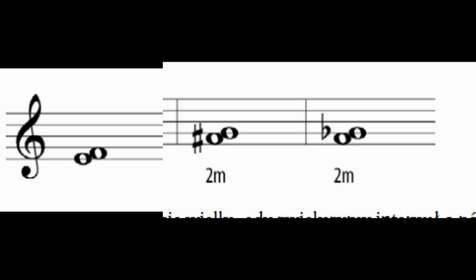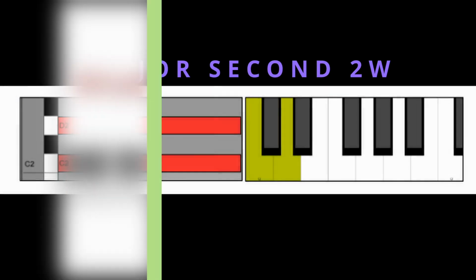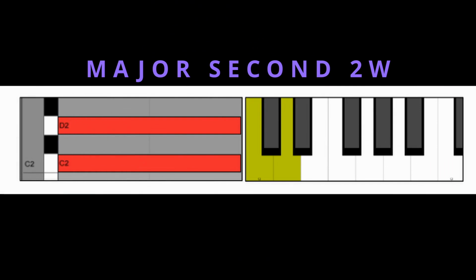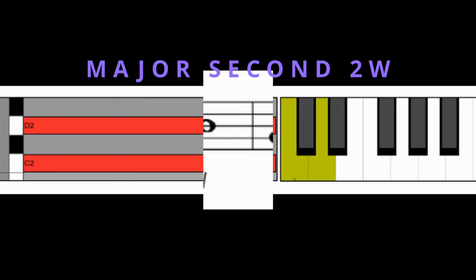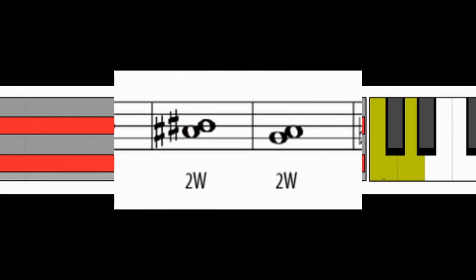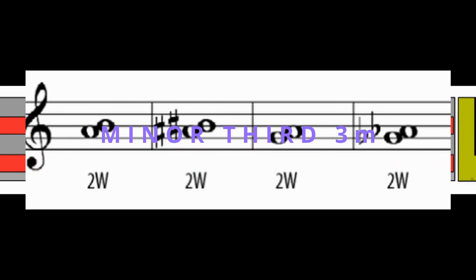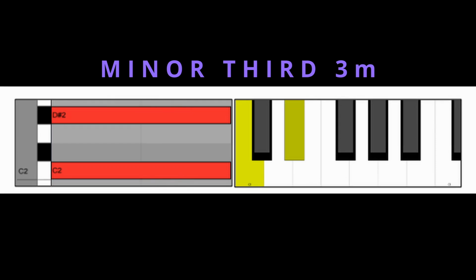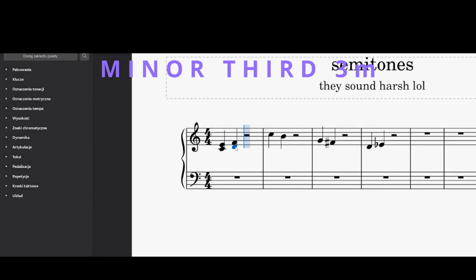Then we have a major second. It's two semitones apart. It can also be called a whole step because it consists of two half steps. It sounds like this. It's neutral, usually. Two semitones apart. Then we have minor third, used for building minor chords, which we will discuss later, and for